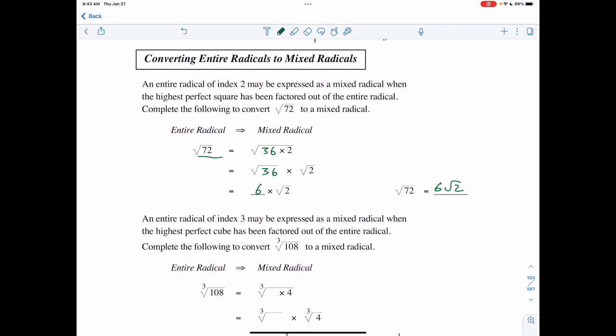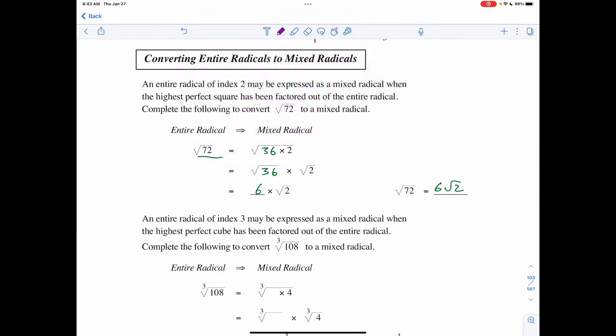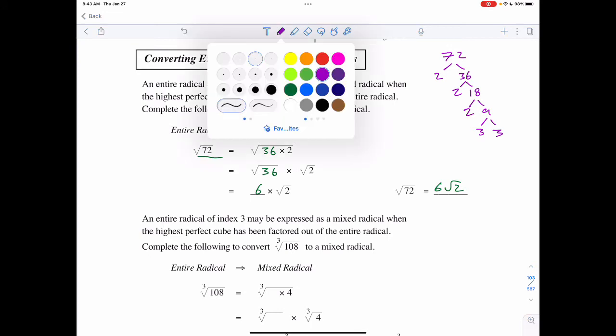Now, if you didn't know what the perfect squares were or how to factor them down, you can always use a factoring tree. Take the radicand, 72, and you're going to factor it down. So I divide by 2 to get 36, keep dividing by 2, keep dividing by 2 until I can't anymore, and then move to the next prime number, 3 and 3. And then what I'm going to do is I'm going to circle